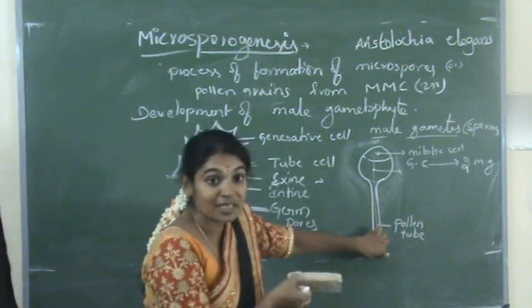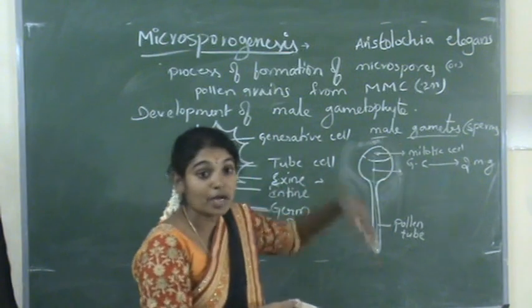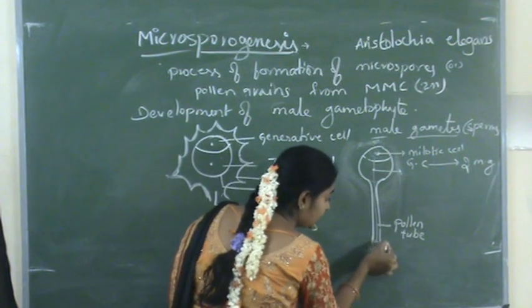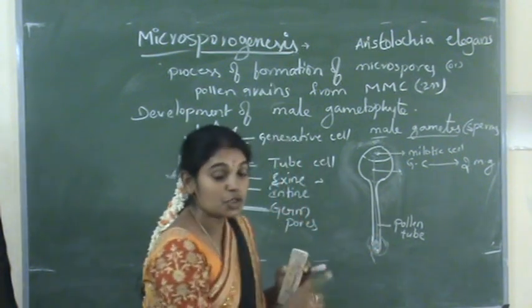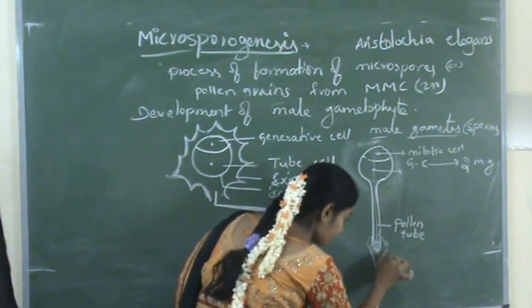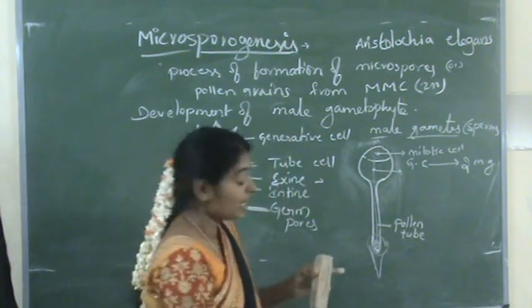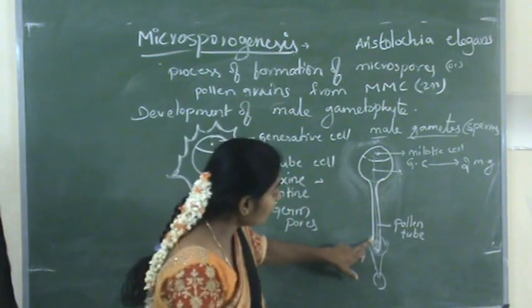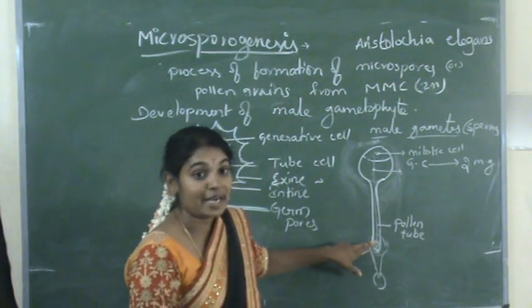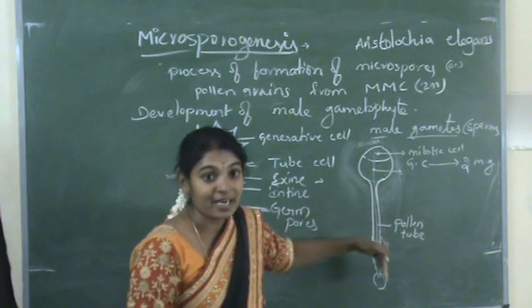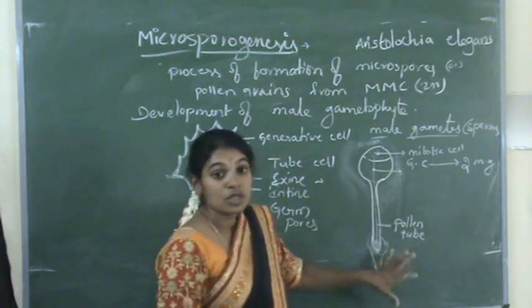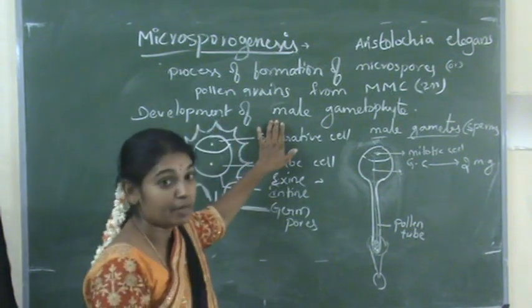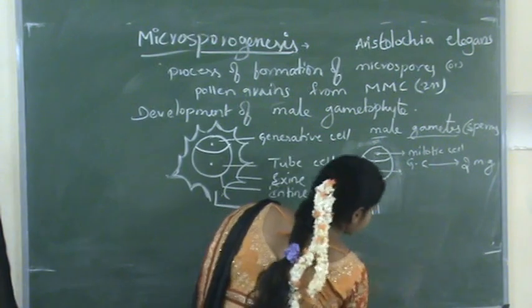Further transfer of these male gametes to the ovary or to the ovules is through the style. So stigma is connected to the style, and style is connected to the ovary. Through the style, this pollen tube discharges these male gametes, and then the style carries the male gametes to the ovary. And this is the development of the male gametophyte. So I will quickly recall that.